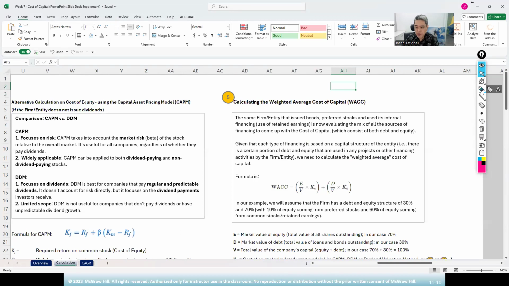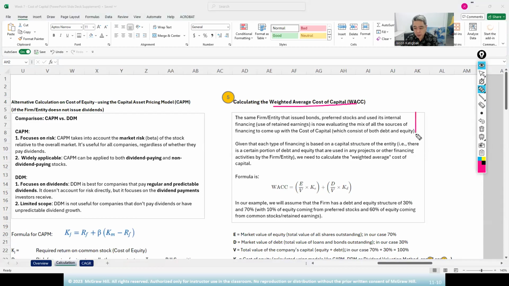I wanted to make sure we discuss this one, right? I made sure we have a comparison between CAPM and the dividend discount model. CAPM focuses on risk, taking into account beta, which is the systemic risk, and is widely accepted. DDM focuses on dividends, just in case there are dividend payments within the industry or the company that you're measuring. Now, if I need to compute the weighted average cost of capital,